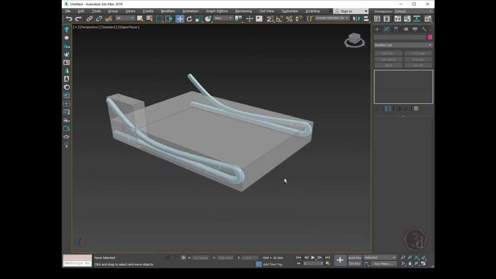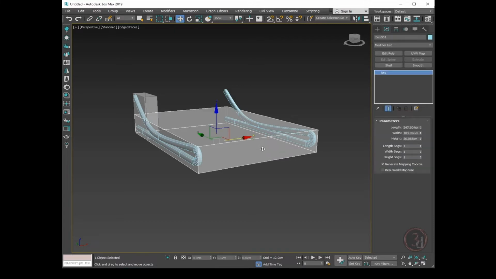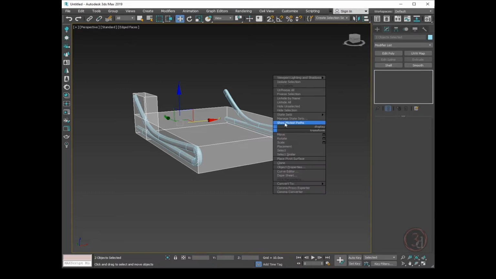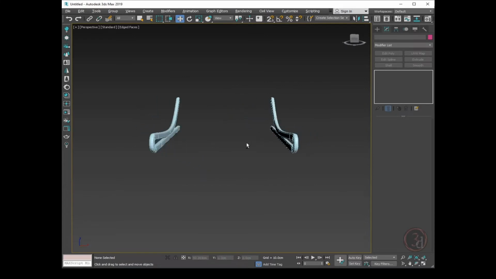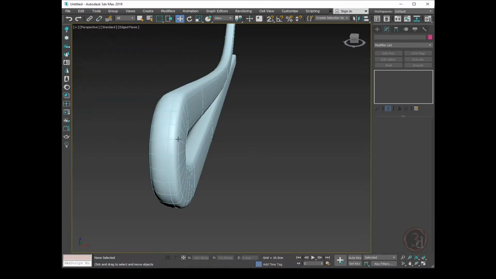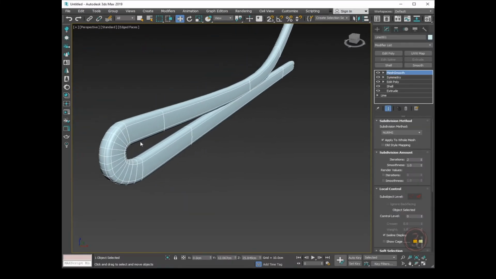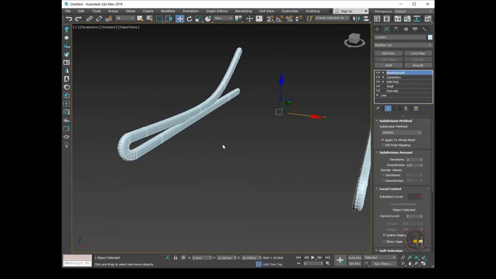Fine. Now what I need to do is, first I can hide these reference boxes. Okay, so give it a name and just right click, hide. Okay, so I need to create that connection, the bridge or whatever you want to call it. So what I can do is maybe I can duplicate